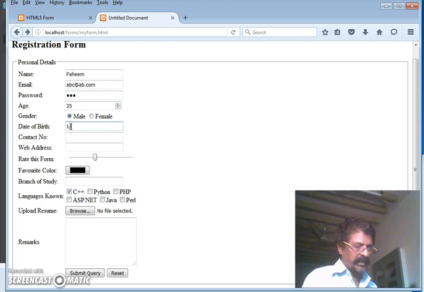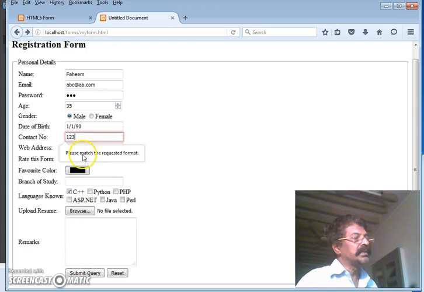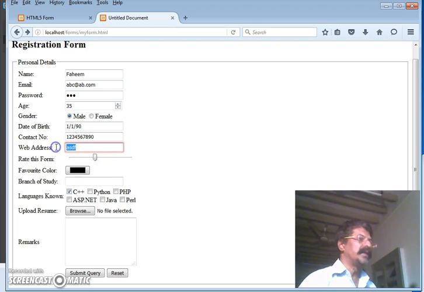Right, suppose I say 11 and contact number, suppose if we give 123 and submit, you can see that because we specified the pattern, it does not accept. Therefore, I should give 7, 8, 9, 10 characters, which it should accept. Then if I give some web address and submit, this becomes an invalid web address. If I give say abc.com, then also it will not accept because it requires the protocol. The protocol is